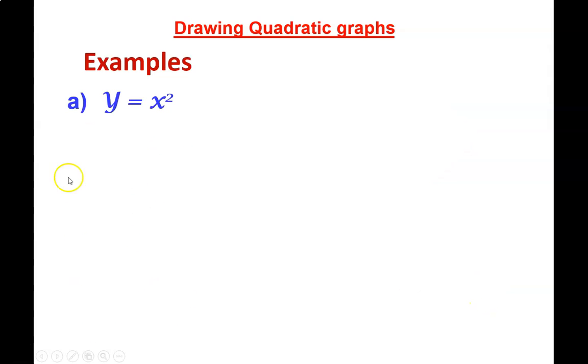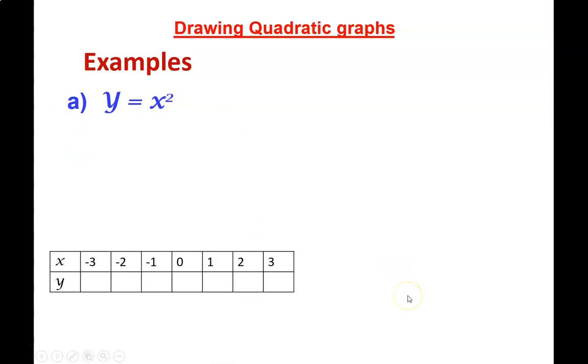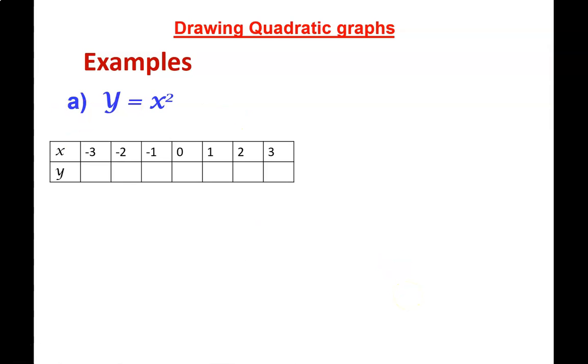Okay, let's start with examples. We got an example here, y equals x squared. So that we can draw the graph, we need points. So let's get the points now. Let's fill this table first together. If we take x between minus 3 and 3,